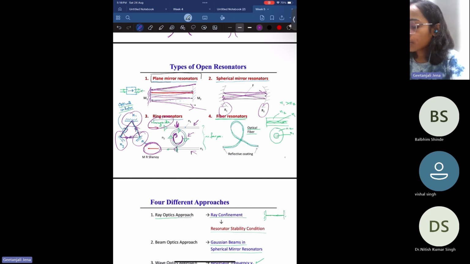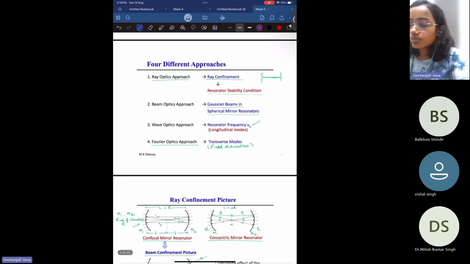And the other type of open resonator is a fiber resonator. Similar to the ring resonator system, here you use optical fiber, which is nothing but a core cladding interface, where we see total internal reflection, which will help in guiding the wave along the length of this optical fiber. So when you feed optical power through this input end, it will eventually come out at this output end. Okay. So it is confined in the core layer by means of total internal reflection.